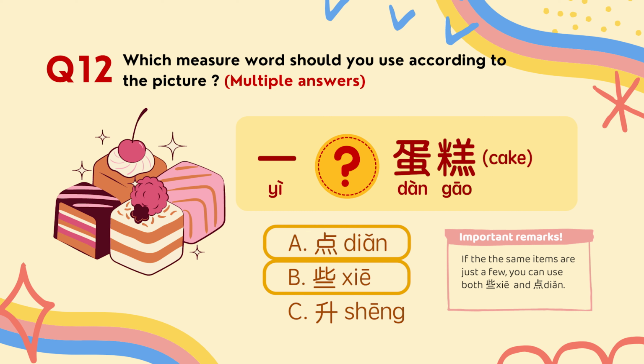Important remarks. If the same items are just a few, you can use both 些 and 点。